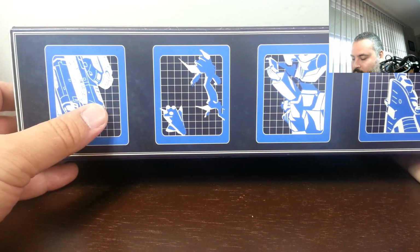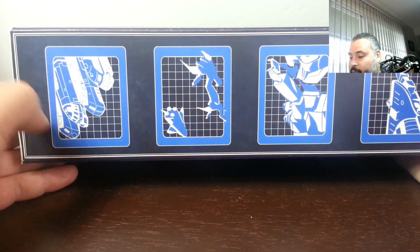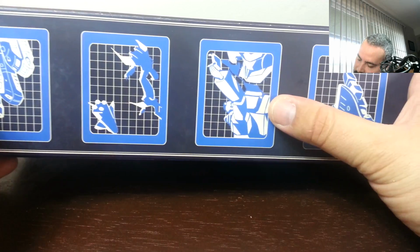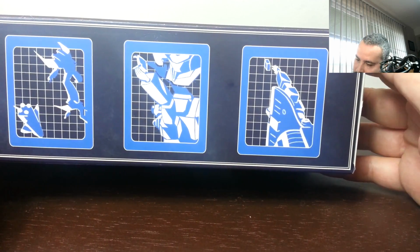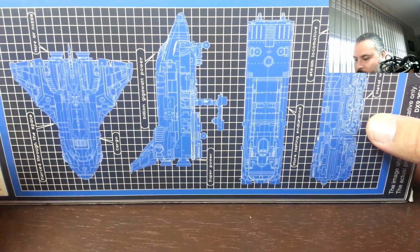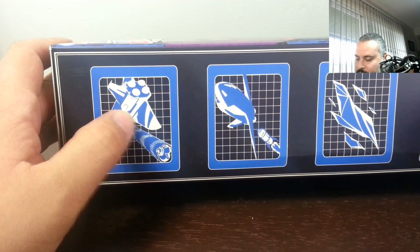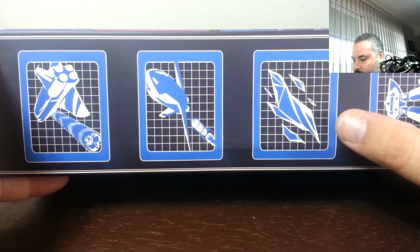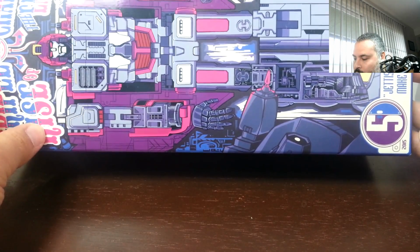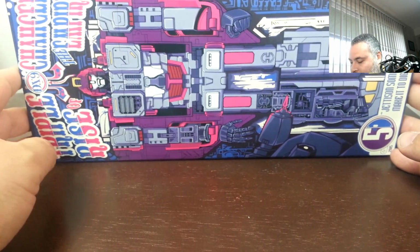You can see him. This is the episode where he became like king of the trains or whatever, and I'm not sure which episode that's from. And this is where he is coordinating Starscream, and there he's throwing an energon cube. And here we have some nice looking schematics. He turns into a steam locomotive. And there's Cosmos. Look, there's Cosmos, him and Omega Supreme right there. I'm not sure what that's about. And then here he is being worshipped by humanoids. So, yeah. And I have one other DX9 product that I know of,